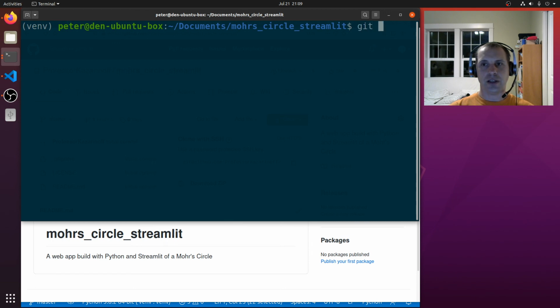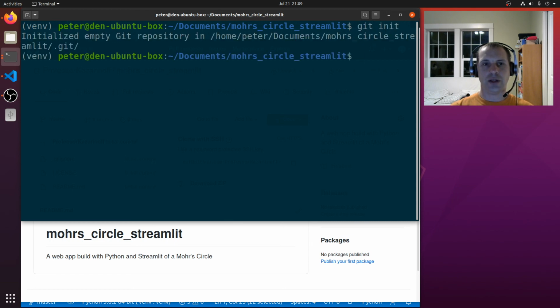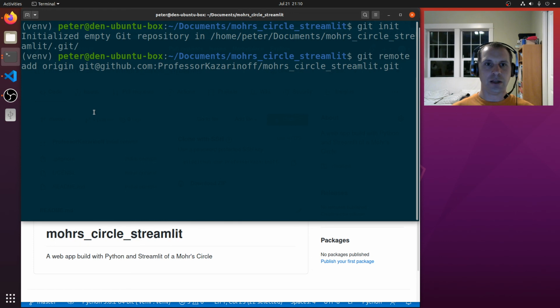Then we'll type git init, and we'll create a new git repository. Then we'll type git remote add origin, and then we'll paste the GitHub SSH path here, and we'll call git pull origin master,